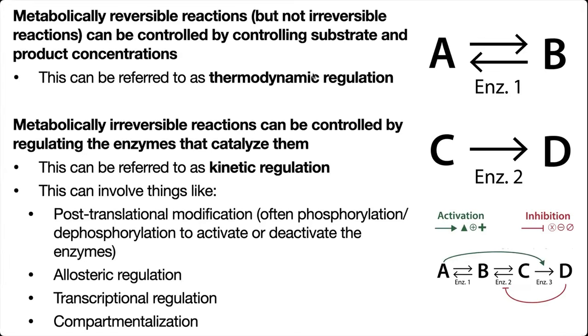And then compartmentalization. So things like the citric acid cycle, those are happening in the mitochondria. But then there are also metabolic processes happening in the cytoplasm. And so we can make it so that certain enzymes are only in certain compartments, such as having certain enzymes only be in your mitochondria and other enzymes only being in your cytoplasm. And we could even do things like have isozymes, and we'll talk much more about this later, but different versions of the same enzyme in the cytoplasm and in the mitochondria that respond differently to different regulators.